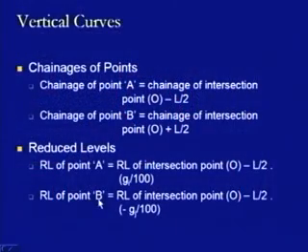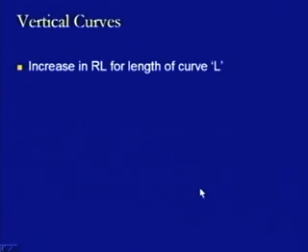Similarly, in the case of RL of point B, it will be RL of the intersection point O minus L by 2 multiplied with the gradient in that direction, and this is minus G2 divided by 100. So, this is how we can find out the RL of another point B, and this is the end of the curve or the second tangent point. Then the increase in the RL for any length of the curve L is to be computed. Here this will be nothing but the RL of B minus RL of A. So, if we have got the RL of B and RL of A as computed by the previous two formulas,